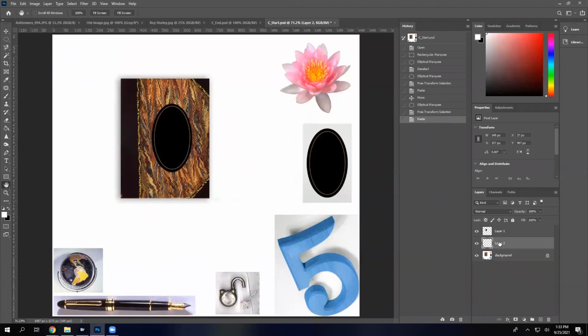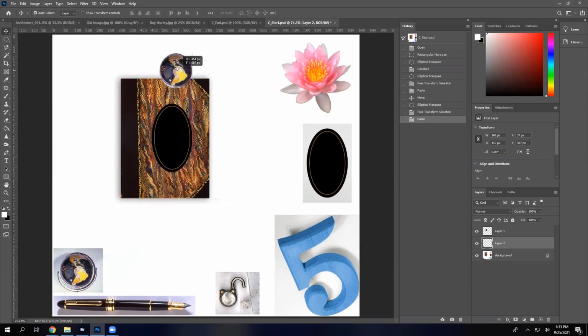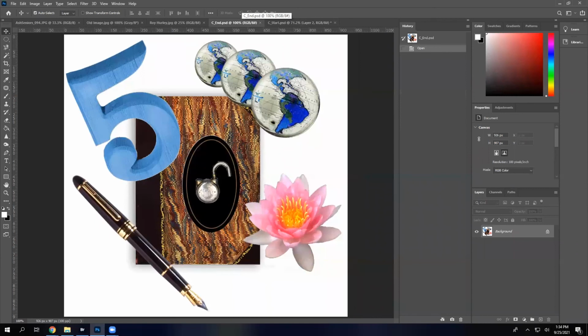Now she has the globe layer as layer 2, and now she can move it up at the top. And you don't have to make it look exactly like that sample image, what they're calling their end image. And what they did, if you look at it, just so you know, no big deal, they inverted the color,